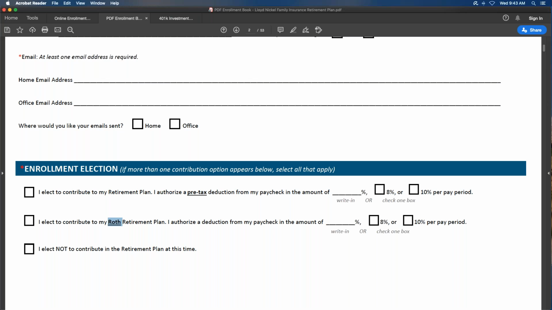So depending on which you decide, pre-tax or Roth, you can always adjust it at any time in the future. The next piece would be the how much. The reason why there's boxes there is 8% is a national average. So all age groups, all industries, all states, the average individual is saving 8% of their income into their